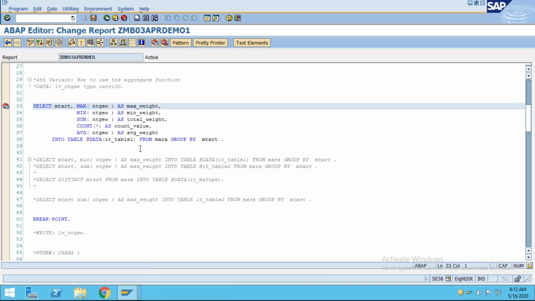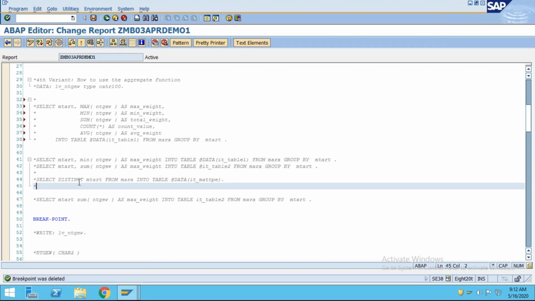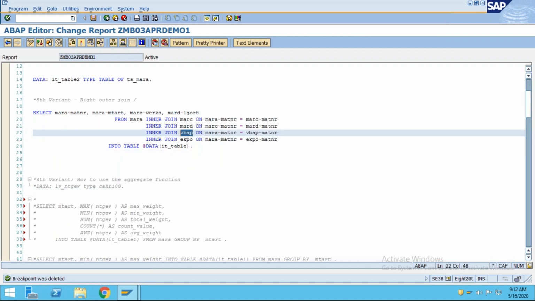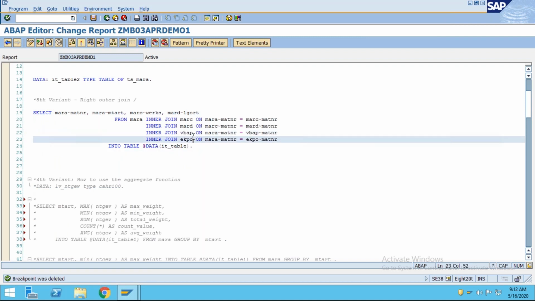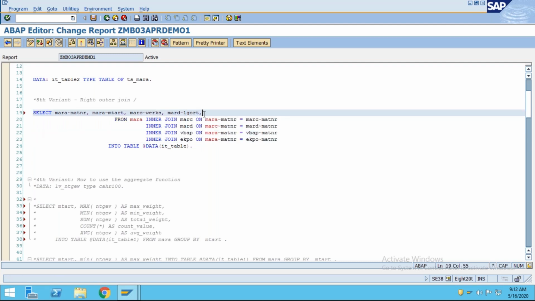If you want to fetch some data from, I'm just going to comment this one, this is not required now. If you want to fetch data from VBAP also, to check what the item number is from VBAP, you can give the VBAP and then the field name from VBAP.